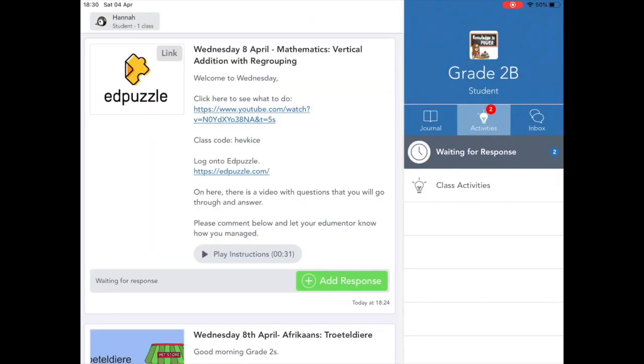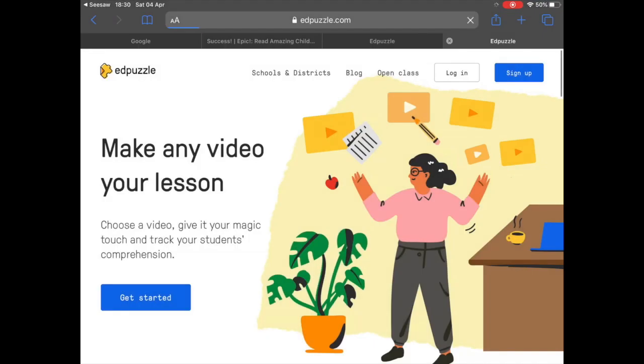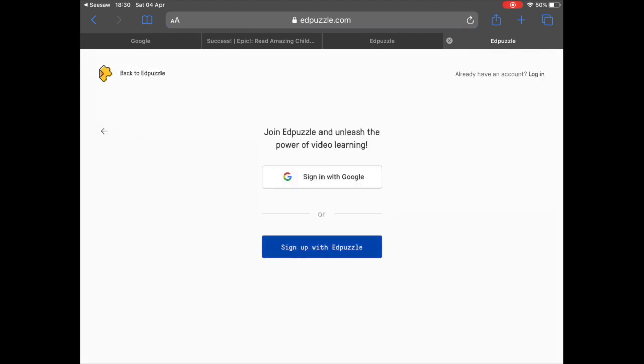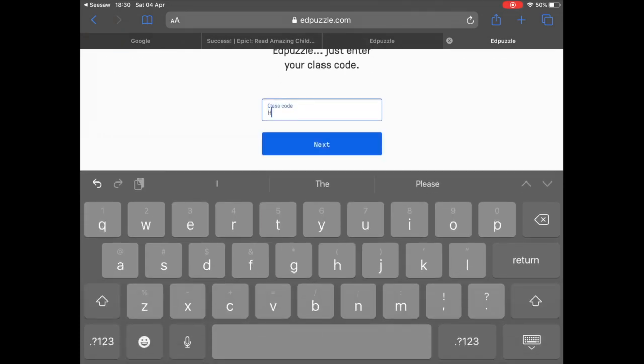On Seesaw, you're going to click on Activities, and then you're going to click on Edpuzzle. It's going to bring you to this page where you're going to click Sign Up. Then you're going to say, I'm a student, and sign up with Edpuzzle. You're going to put in the class code,